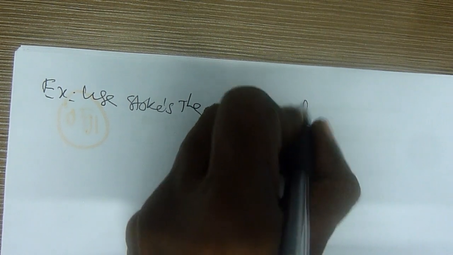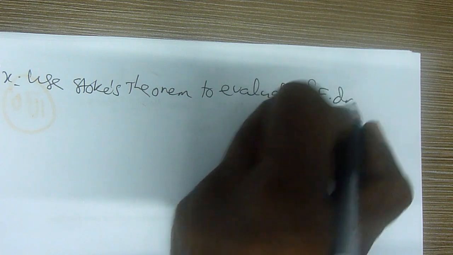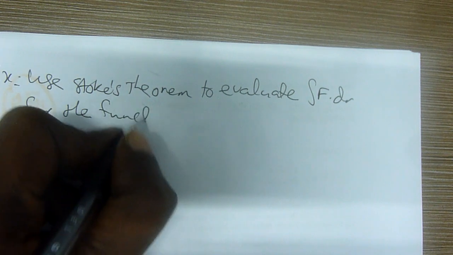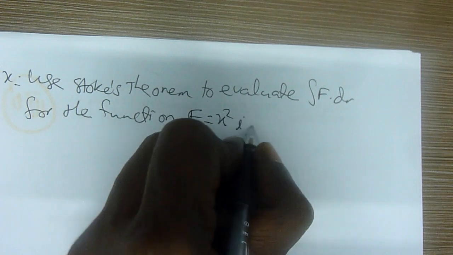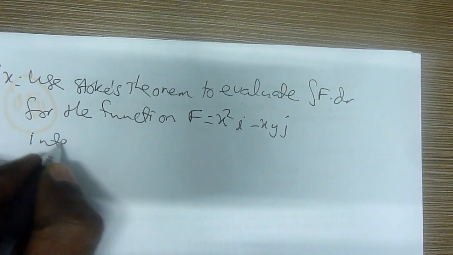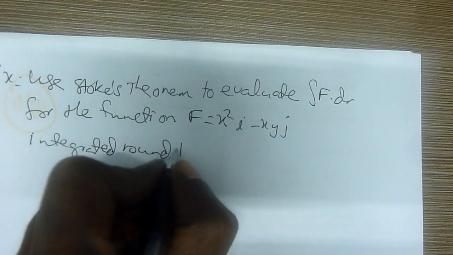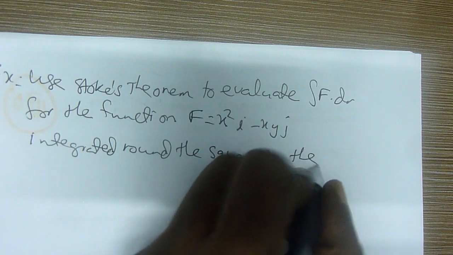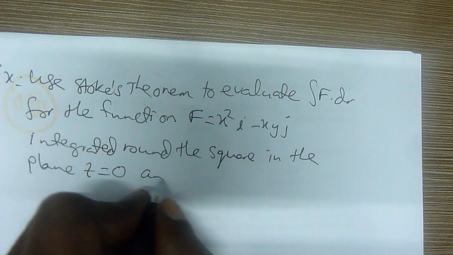Okay, this time I'll go a little bit faster. Okay, F dot dr for the function F. This is 2D also, integrated around the square in the plane. Now this is z equals 0 and